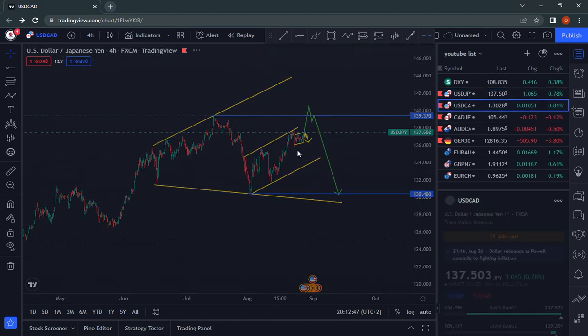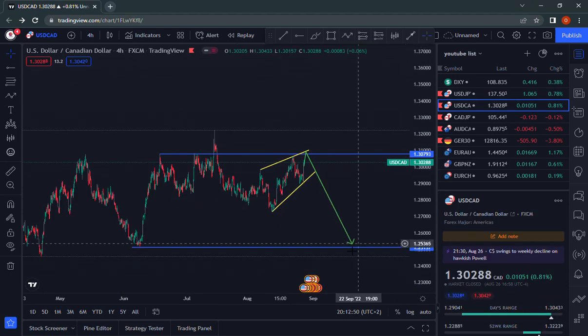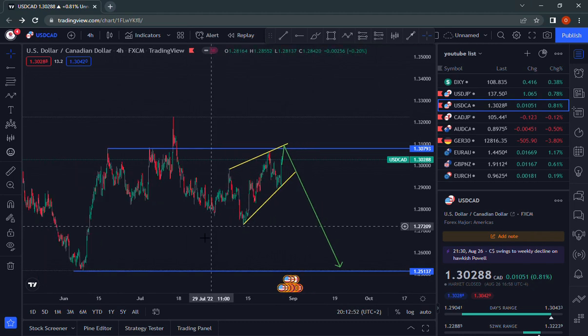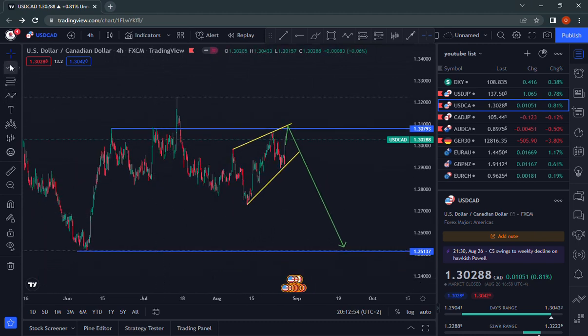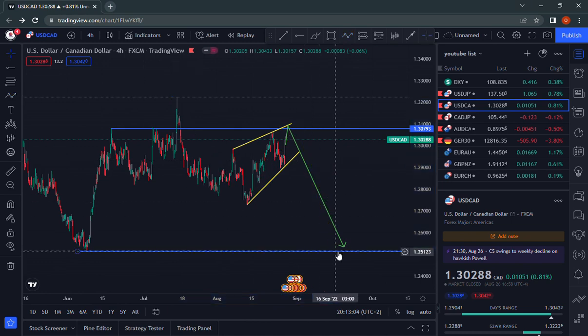So let's go to USDCAD. On USDCAD we actually have two variations. First things first, we're coming from an impulse, and this makes this a correction. We can see that we have this impulse and then this correction, and what follows a correction is an impulse, right? We also have what we call a head and shoulder formation